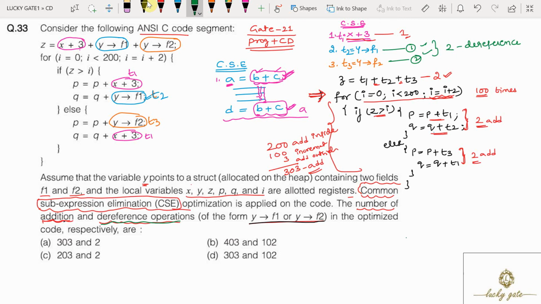We can conclude that this program code has 303 add operations and 2 dereferencing operations after optimization. So the answer to this question is 303 and 2, which is option A.